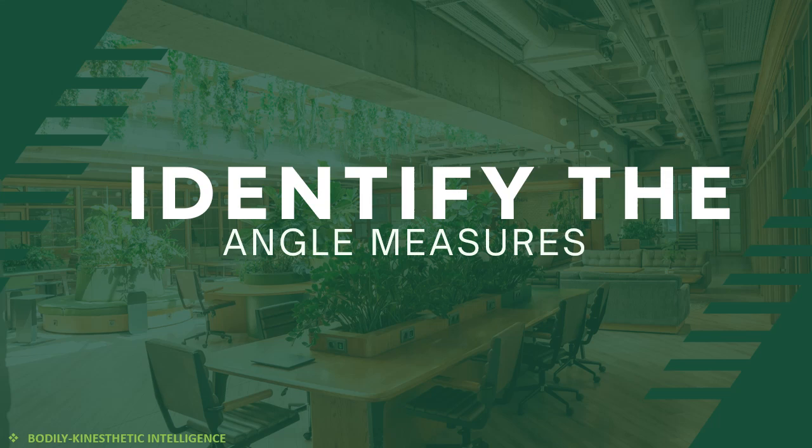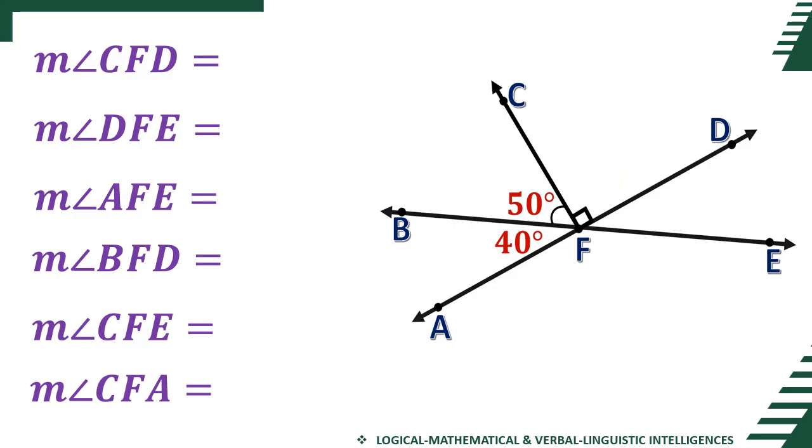Now let's proceed with identifying the angle measures. Now, so here, measure of angle CFE, measure of angle DFE. Now, for me, my strategy in dealing with this kind of problem or activity, I would usually start with identifying the angle measure of all the existing adjacent angles in here. So let's say, for example, in here for CFD, basically because of the indicator, it's 90 degrees.